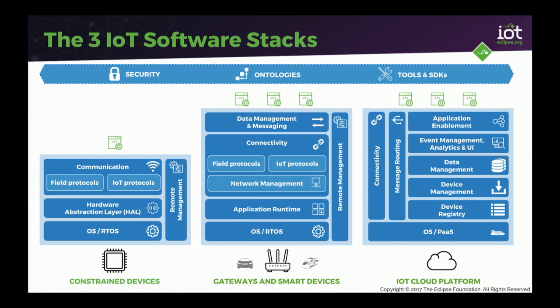At the gateway level, it's really about, like I said earlier, turning the information that you get from the sensors into meaningful messages. So the role of a gateway will be to support the field protocols that allow it to talk with the sensors. Here we're talking about Bluetooth, maybe CAN bus, Modbus if you're doing industrial automation, and also support the IoT protocols that are going to allow the gateway to send data to the cloud. So maybe here we're talking MQTT, or maybe CoAP, or maybe Lightweight M2M.